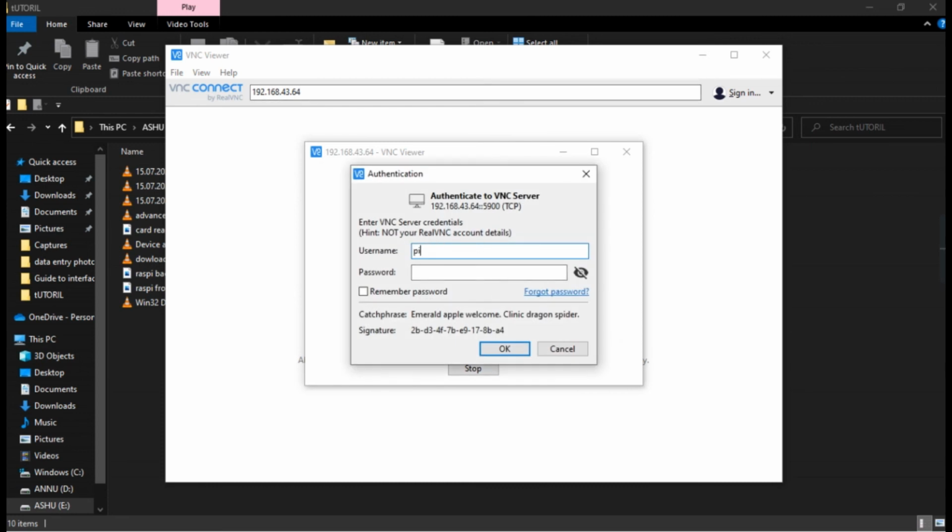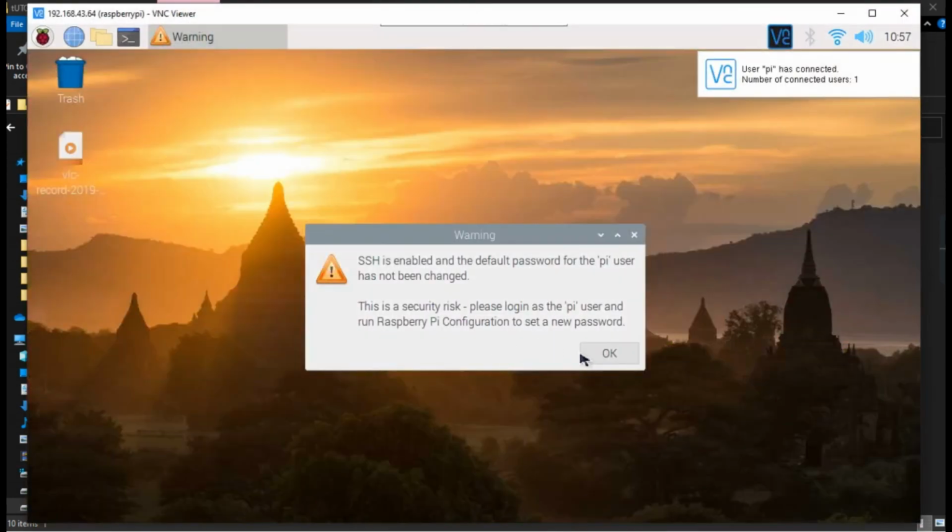Username is pi, password is raspberry. See, I'll show you, it should be the same, raspberry. Remember password, then finish.